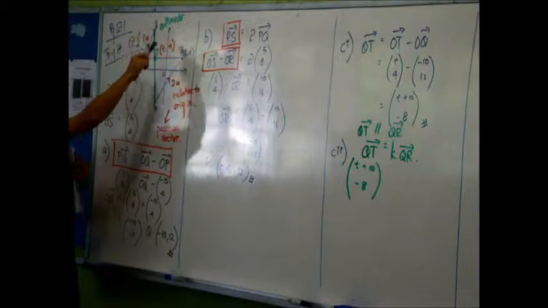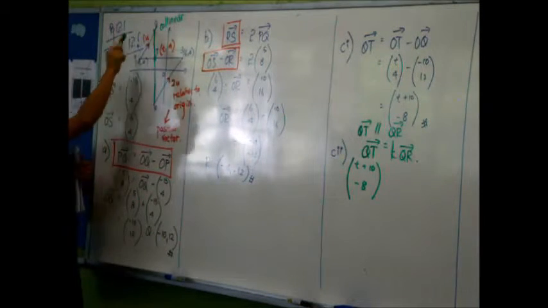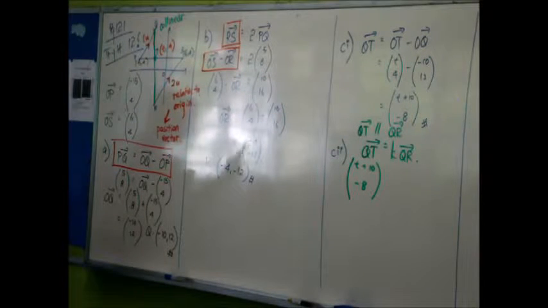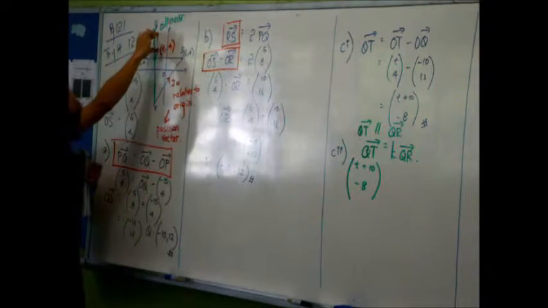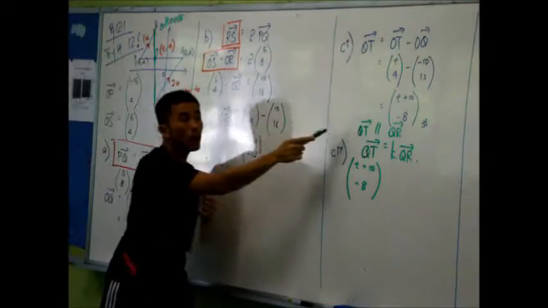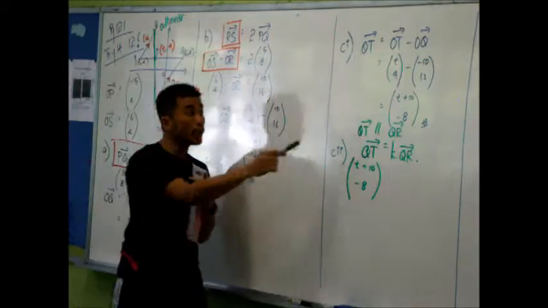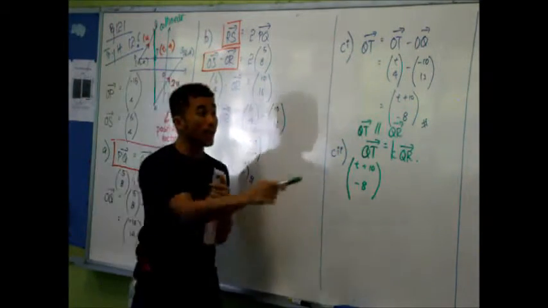From this point to this point versus this point to this point. You agree? Or is it this point to this point to this point to this point? This whole straight line must have the same gradient. Having the same gradient means they are parallel. Agree? So, Jermaine, am I right to say since they are parallel, QT must be parallel to QR? QT is parallel to QR. You agree? Since QT is parallel to QR, if I want to write it in mathematical form, I write it as a